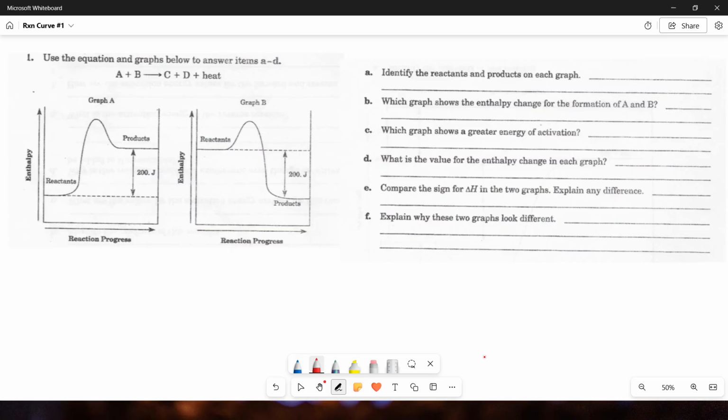This is video 2 in thermodynamics, and we're going to look at some examples of answering questions about reaction energy curves. You can see on the left side I have an equation, A plus B forms C plus D plus heat. Now the heat is on the product side, so going forward this is going to be